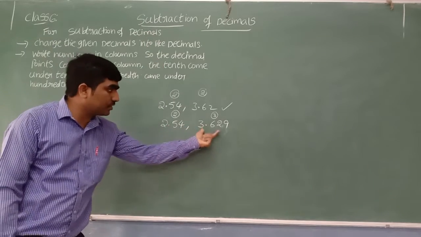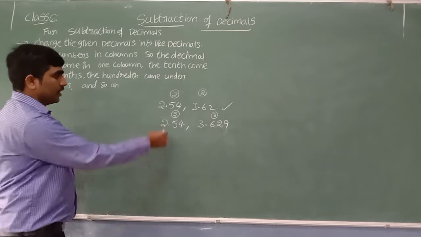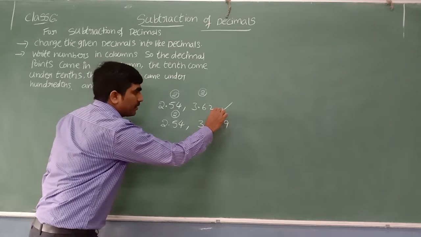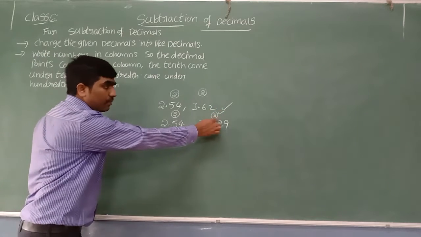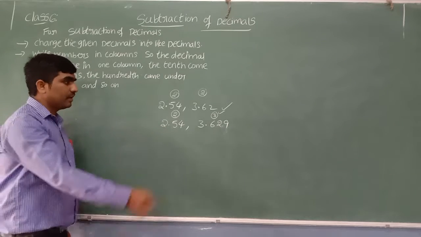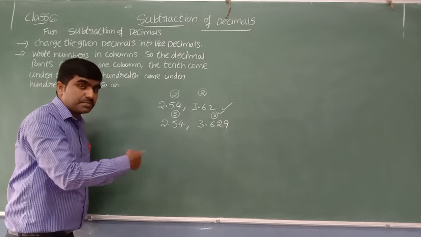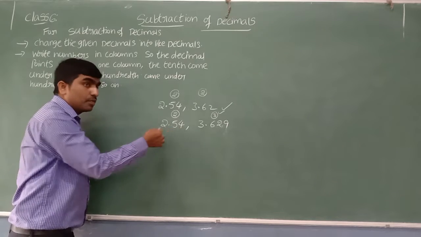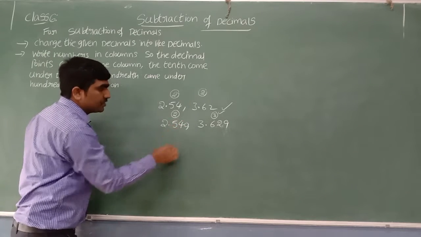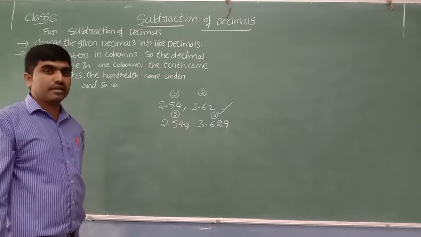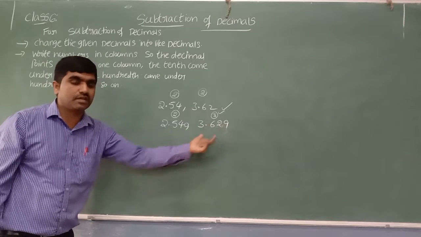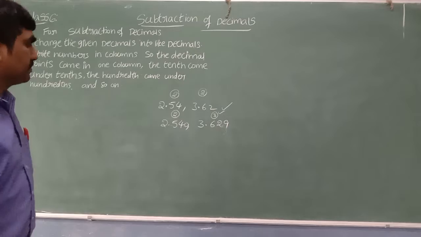Sir, how can I convert these two unlike decimals into like decimals? 2 decimal places, 3 decimal places. Just take the maximum number of decimal places. Sir, here I can see the larger number of decimal places, which is 3. So make the remaining one also 3 decimal places. Already we have 2 decimal places. To make it 3 decimal places, we need one more digit. That one more digit you can write as 0. If you keep zeros after the decimal, there is no change. Now you can see both have 3 decimal places. That is the way you can convert into like decimals.